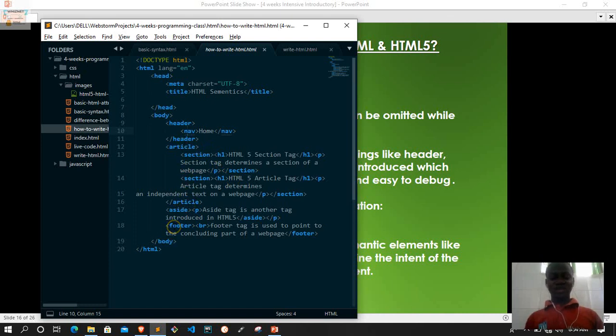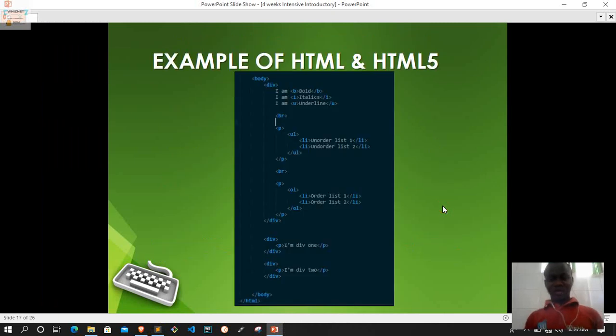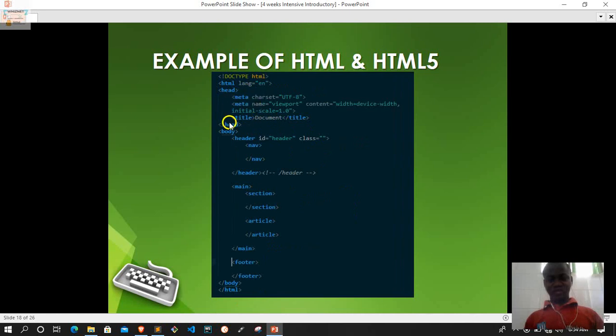Like the footer, we have the footer, and the footer element tells you where things are. Everything here is very easy to understand, and you're able to know exactly where you need to work. So this is an example of what I cropped out for you guys. You have the body, you have a div and div, and for HTML5 you have section, article, header,